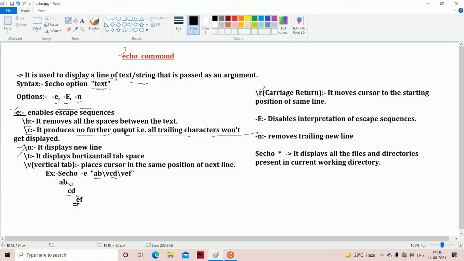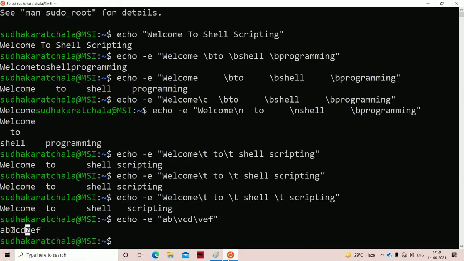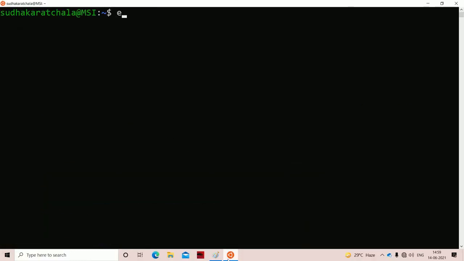Now let us see about /r. /r stands for carriage return. It moves the cursor to the starting position of the same line. So whenever we use /r, it moves the cursor to the starting position of the same line. So let us see here, echo -e. Let the content be like this: Ramesh, next Babu. So Ramesh Babu. Next we have /r, which stands for carriage return. Next we have